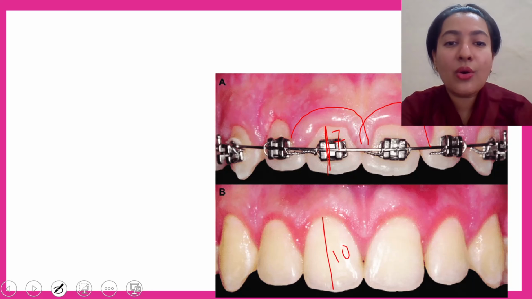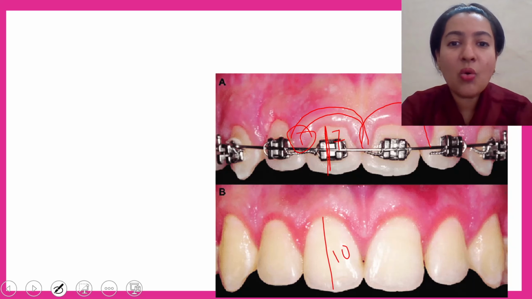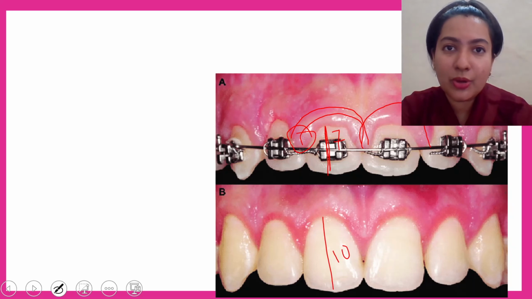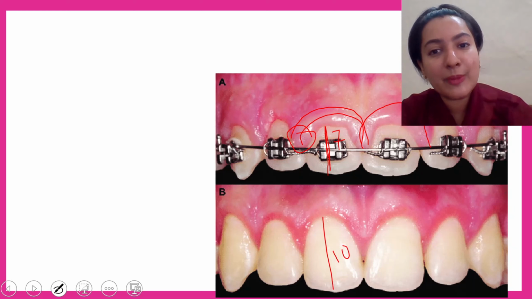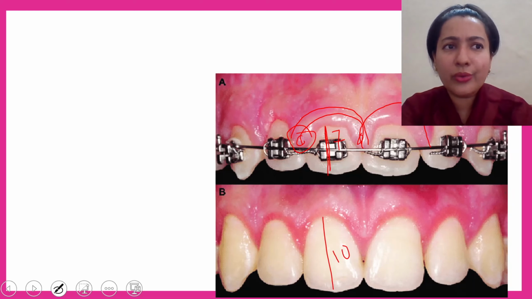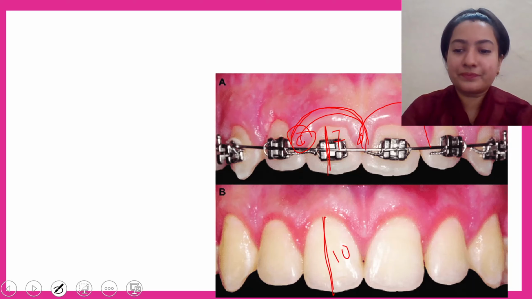Okay, so because of orthodontic treatment the patient couldn't maintain the oral hygiene properly, leading to gingivitis, swelling of the gums, and do you see this ballooning of the tissues occurring? So all these things delay my orthodontic treatment. The tooth movement which is expected to take place maybe in 3 months will now occur after 6 months because of this ballooning of tissues, poor oral hygiene and my periodontium not supporting me. Okay, so the procedure which has been done here is gingival recontouring, gingivectomy to increase the length of the crown.